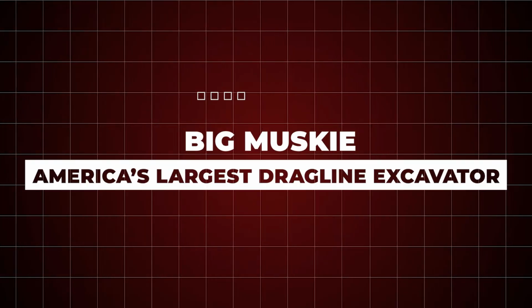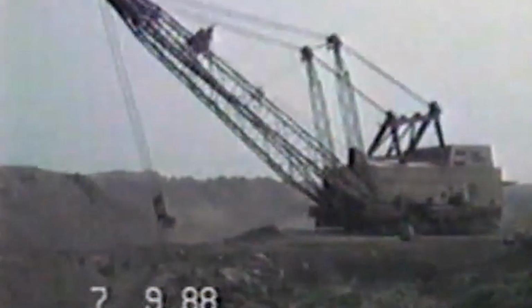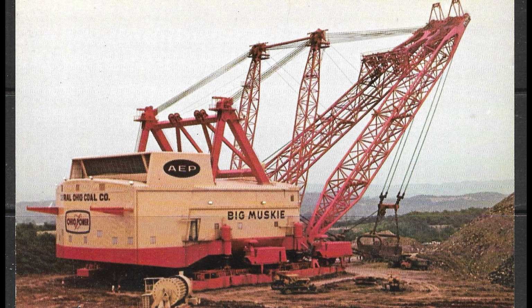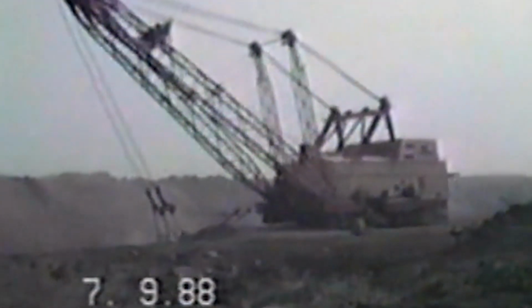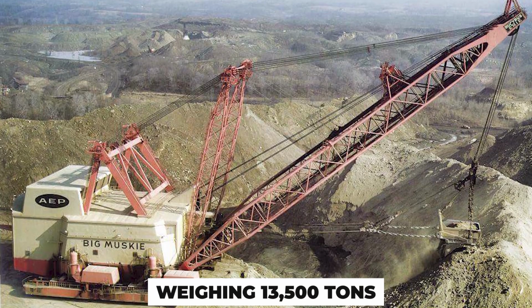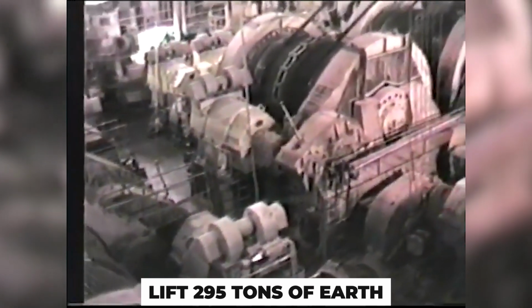6. Big Muskie, America's largest dragline excavator. Back in Ohio, USA, Big Muskie once ruled the coal fields like a mechanical T-Rex. At 148 meters long and 67 meters tall, this dragline excavator was the largest single-bucket digging machine ever made in the Western Hemisphere. Weighing 13,500 tons, just shy of Bagger 293, Big Muskie could lift 295 tons of earth in